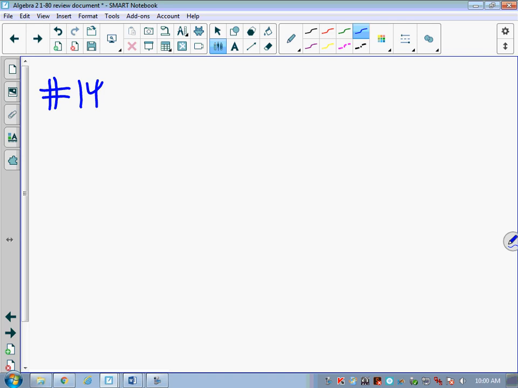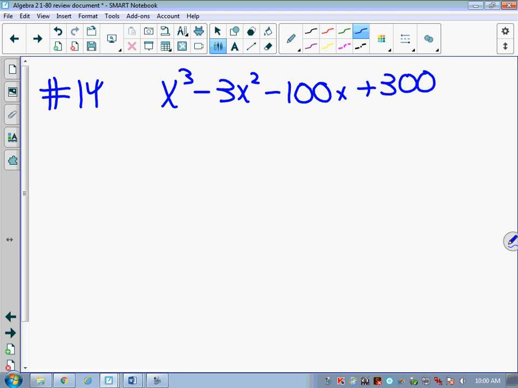Yes, it was. Okay, so this says factor the expression, and our expression is x cubed minus 3x squared minus 100x plus 300. How many factors are there going to be as we look at this? I should already know. There's going to be 3 factors, right? How do I know that? The exponent. The largest exponent is 3. Okay? All right. So as we want to begin breaking this thing down, what's the first thing that